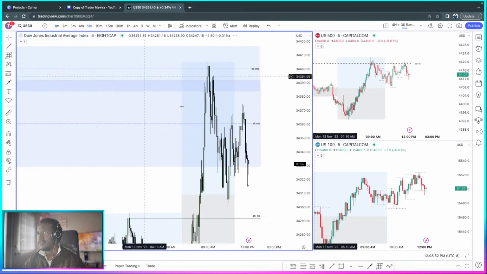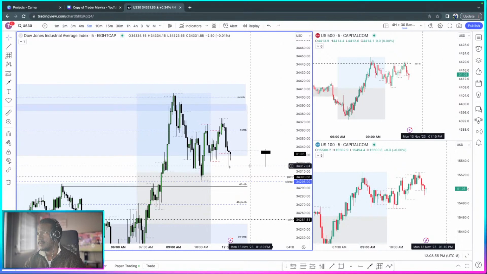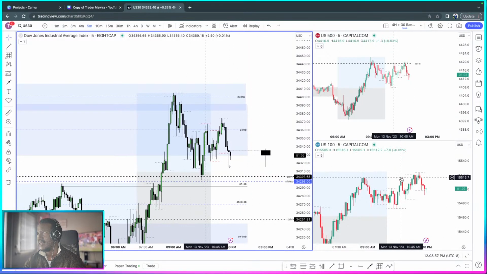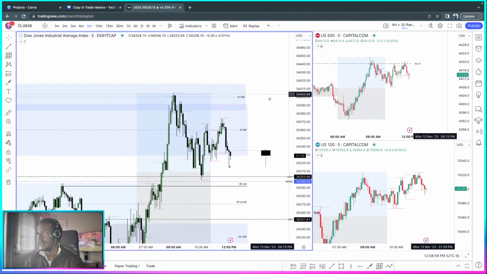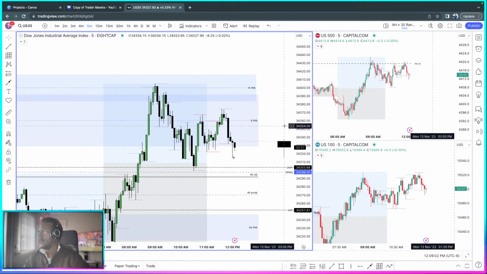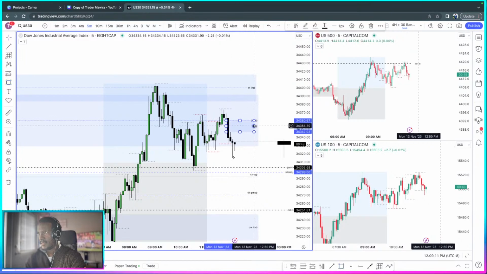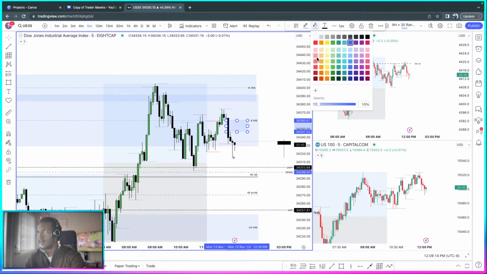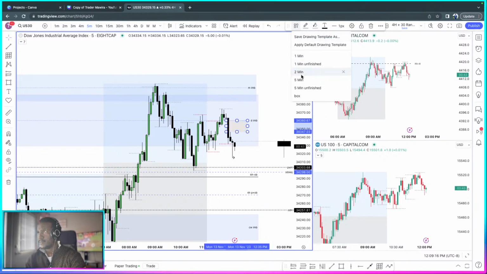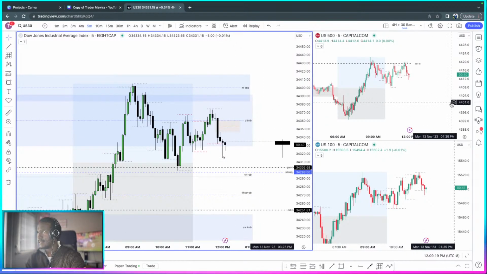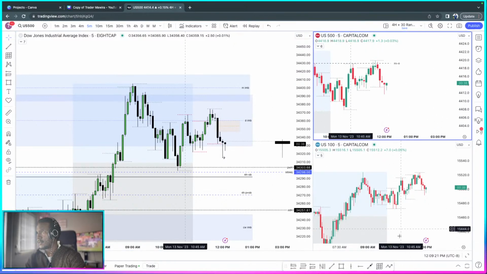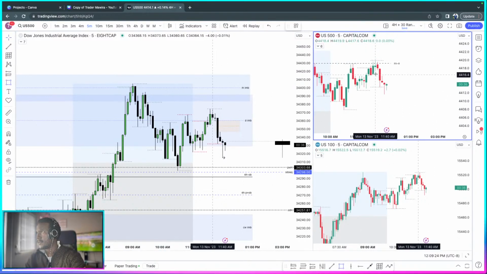And let me do the 5 minute on this side. We do have a high and a high. Okay, I like this, guys. This is where I'm going to be taking my shot if they do trade up here, which is why I think I can design that long. And on the 5 minutes, I like this, and all three of them have that spot. Yeah, I should have checked the 5 minute, but it's all good. I'm here now.